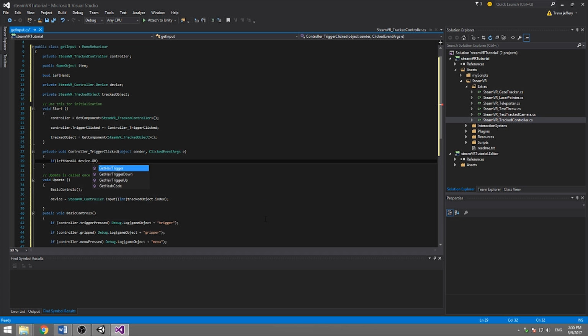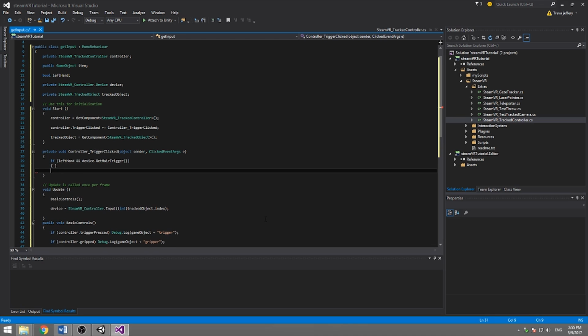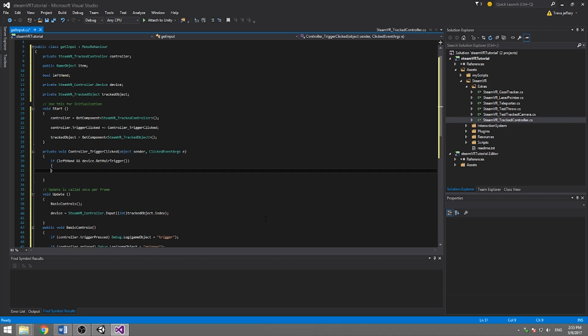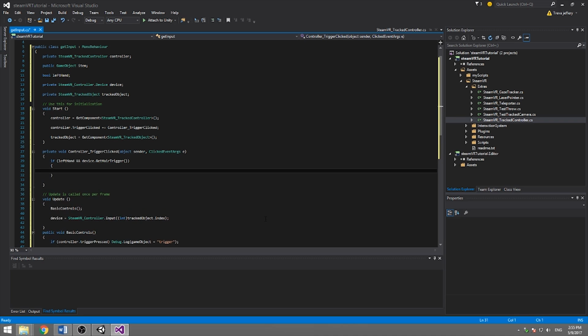Get hair trigger. Yeah, there's a method, so we're calling that. Okay, so now what we want to do with this is instantiate the item